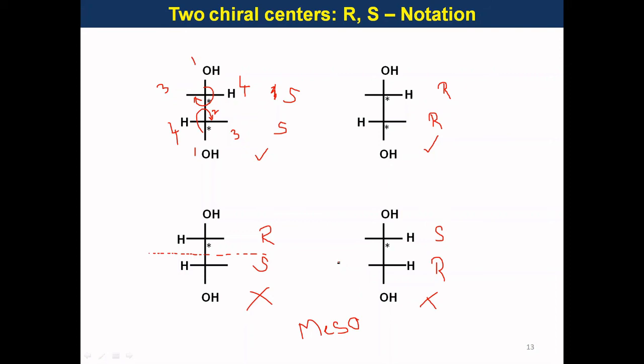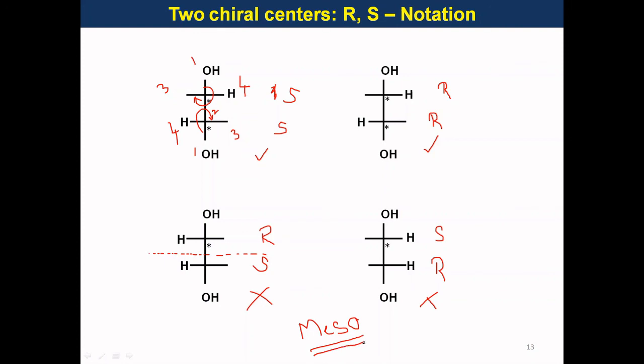This is about the compounds with two chiral centers. Although it has two chiral centers, still it is optically inactive. This is observed when these two chiral centers are attached to similar atoms. That time we have to be very careful in identifying the molecule, whether one is R and the other one is S. In that case it is going to be mostly a meso isomer, so that is optically inactive. So we have to be very careful.